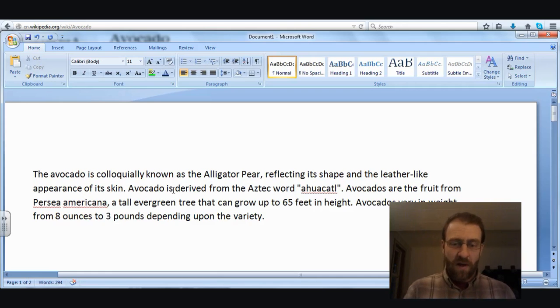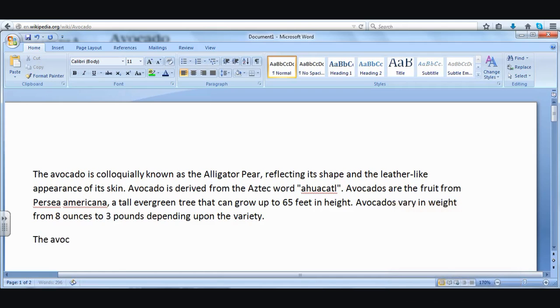So I'm going to start by saying the avocado has, and I'm going to talk about its skin first so we can change the order of the sentence. So the avocado has, I'm going to put thick and tough skin, and this is instead of leather-like. Okay, so leather is very tough, it's very thick, so I'm changing leather-like to thick and tough. The avocado has a thick and tough skin,